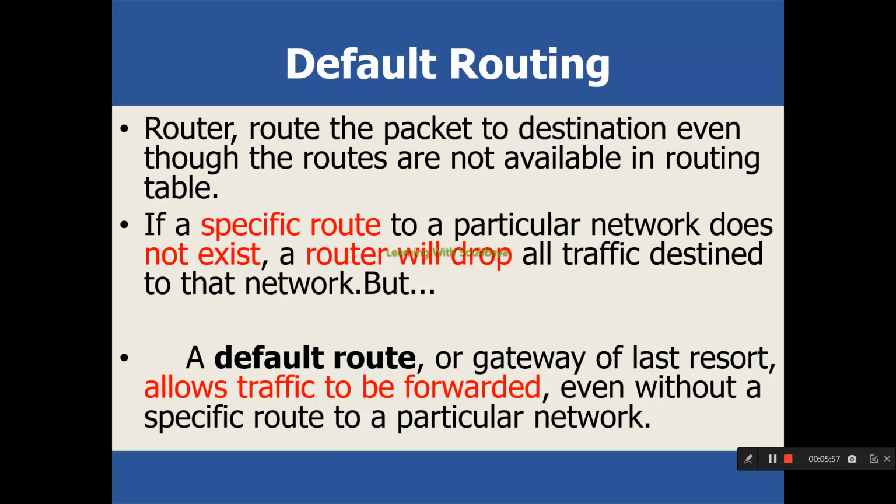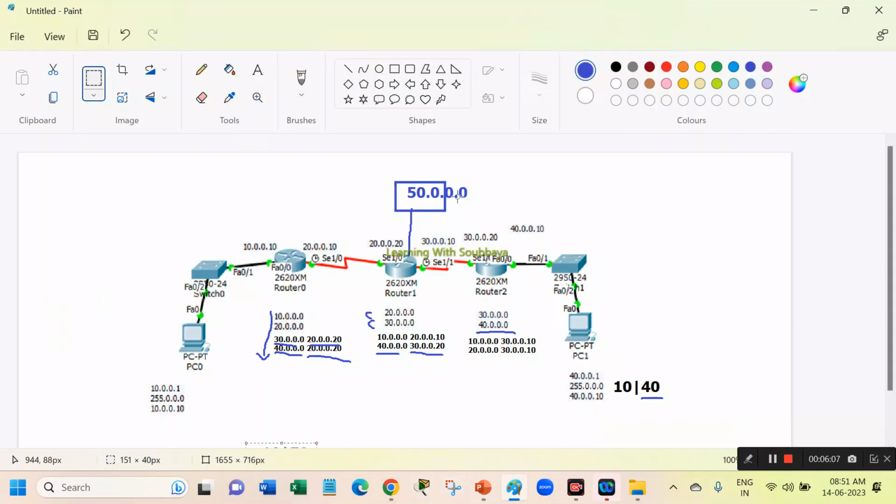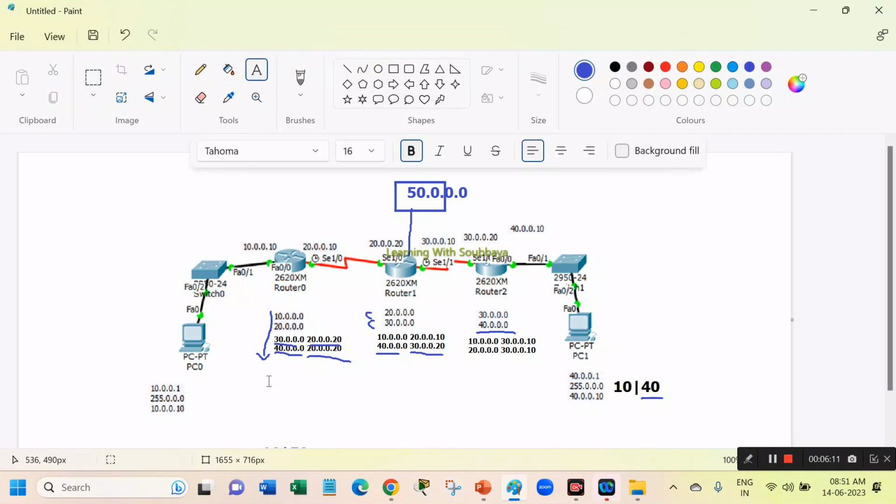That means it allows all the traffic. All the traffic will be forwarded to the next hop address. For example, if we configure a default route here, what will happen? How does it look? It will be in the form of S star. That means the default route is also called a static default. So, S star